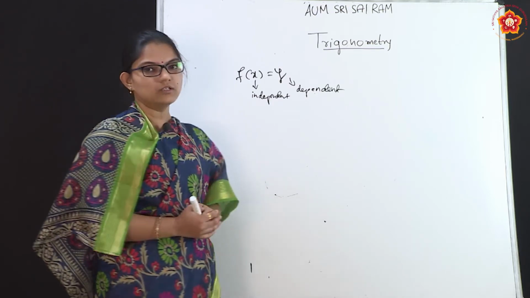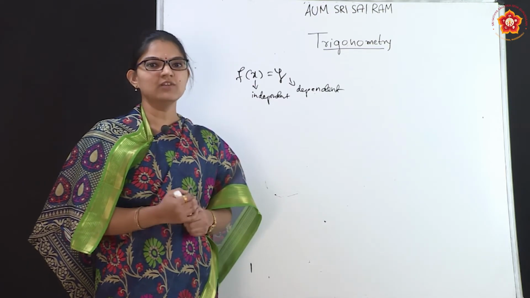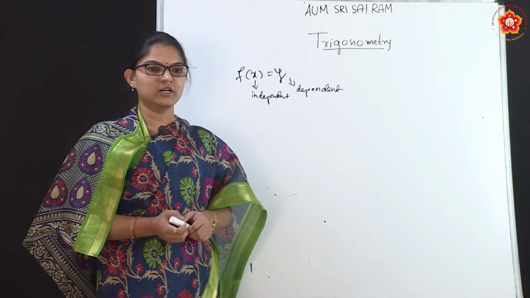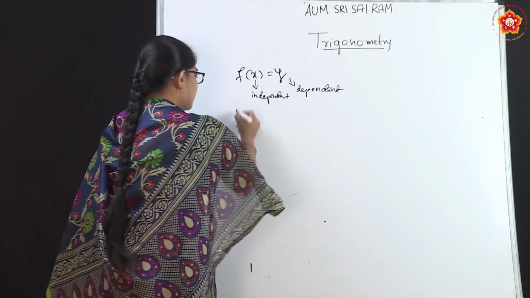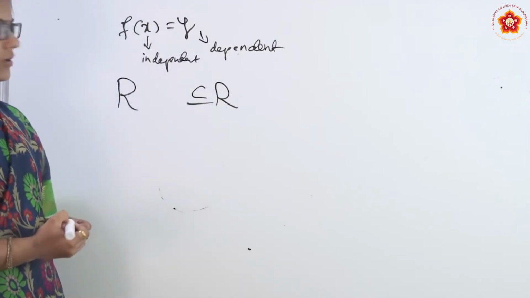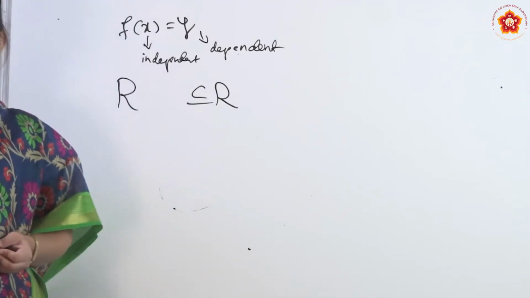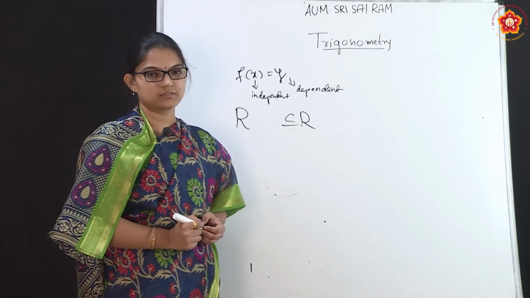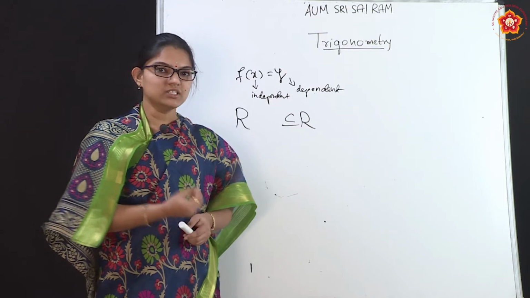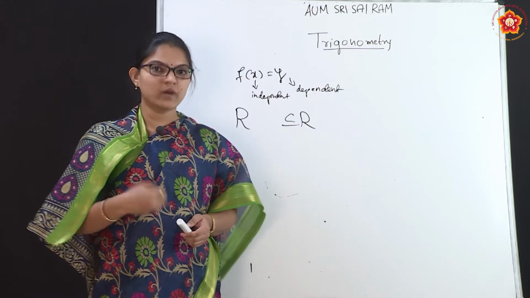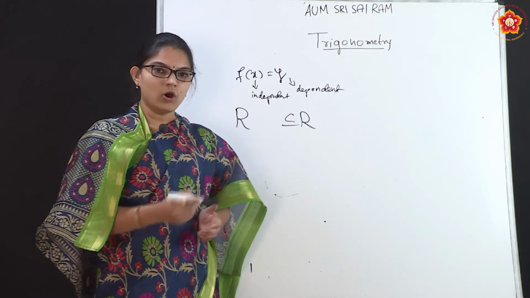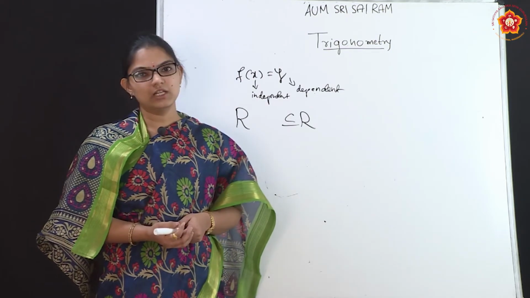Now, coming to the trigonometric functions, they are real functions. What do you mean by real function? If the domain and codomain of a function is either the set of all real numbers or a subset of real numbers, then we call such functions real functions. So, to understand, whatever x you take and whatever y you get by substituting into the function, you get it in terms of real numbers.